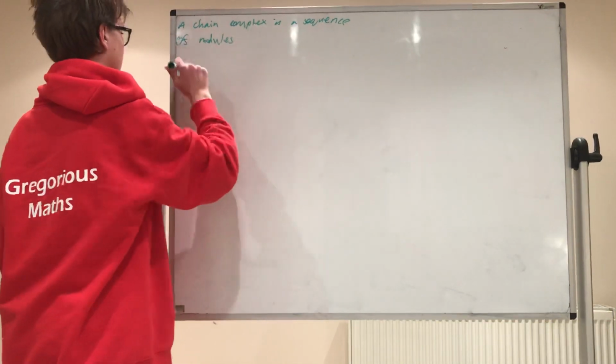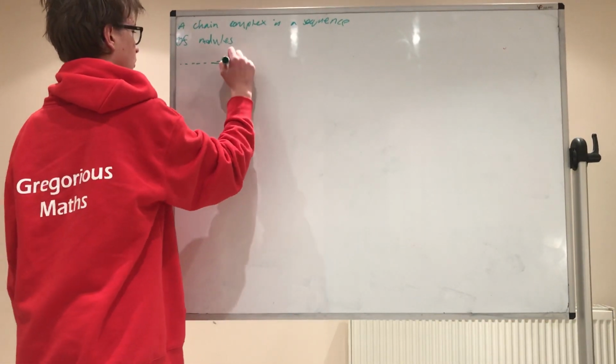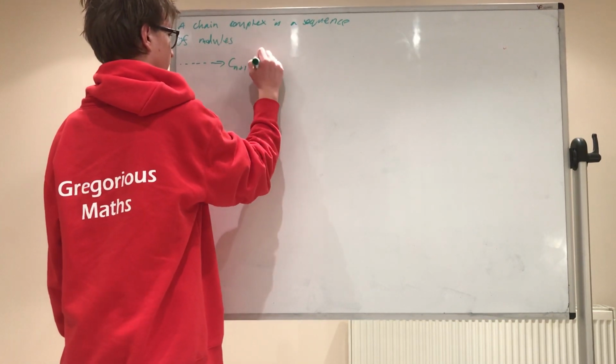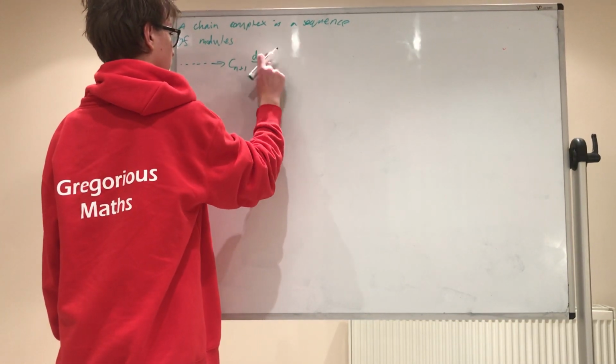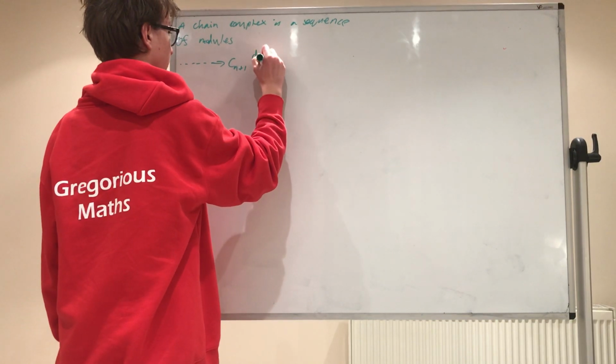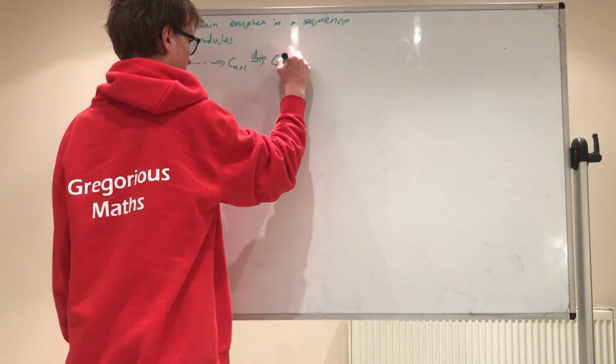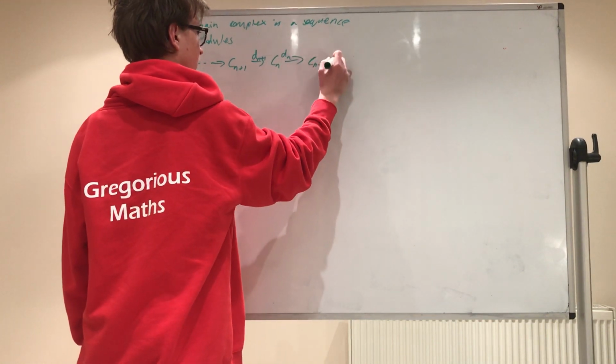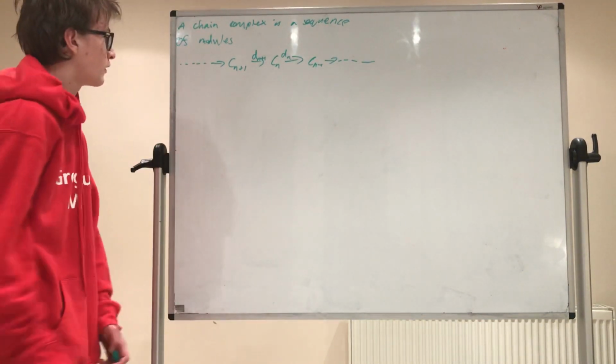So we have maps, Cn plus 1, and then this goes via dn plus 1 to Cn, and then this goes via dn to Cn minus 1, and so forth, such that